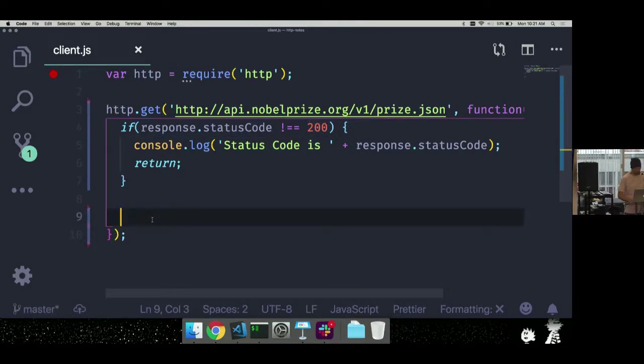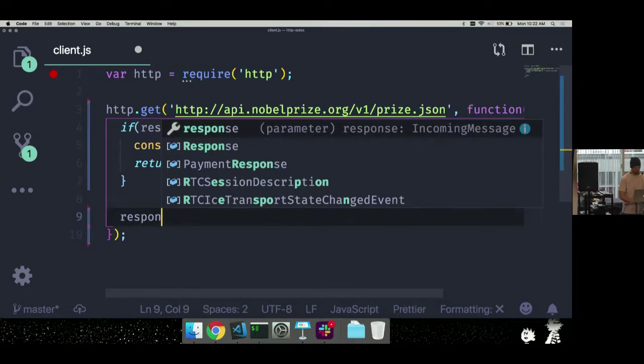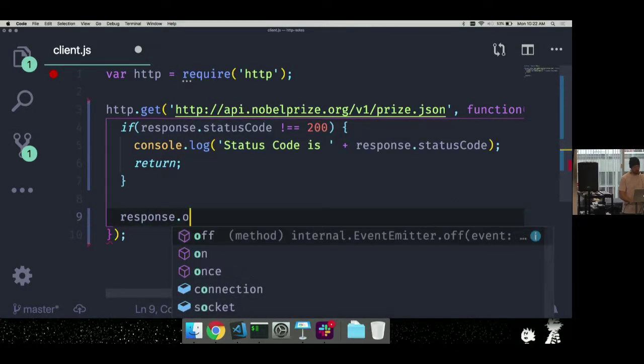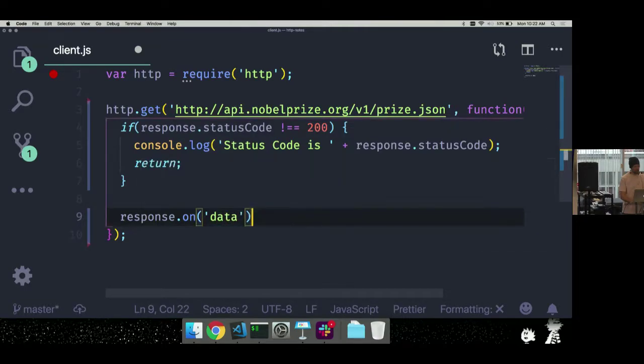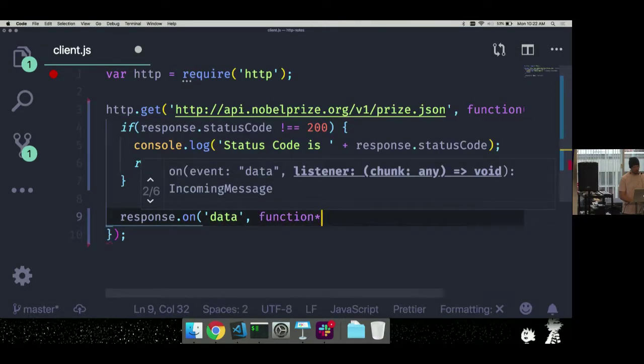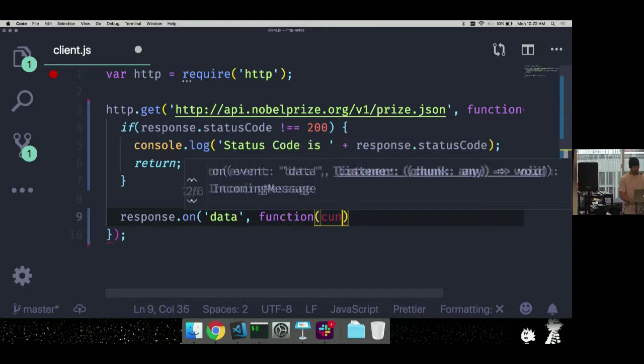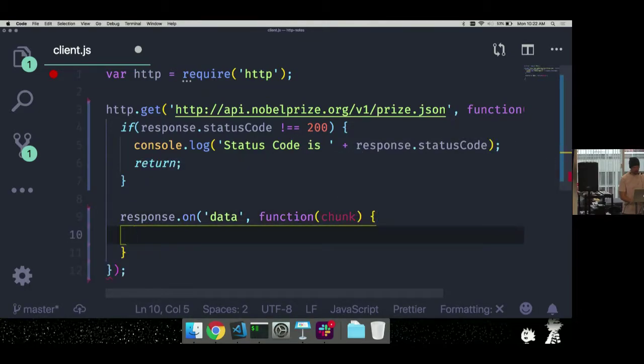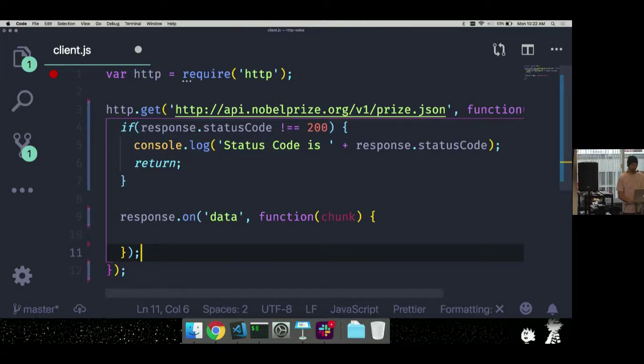But all right, I've now got to take this response, and I've not downloaded all of the data. I've only got the actual initial response back. I haven't got all the data packets necessarily, so I need to set up my events that are going to listen for those things. So first I'll say response on data, chunk. So when I receive new data,